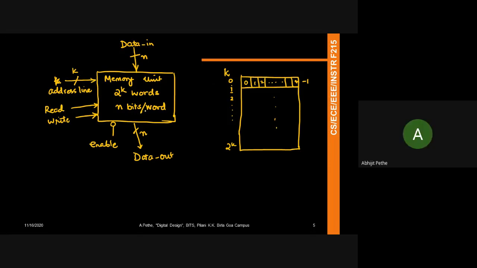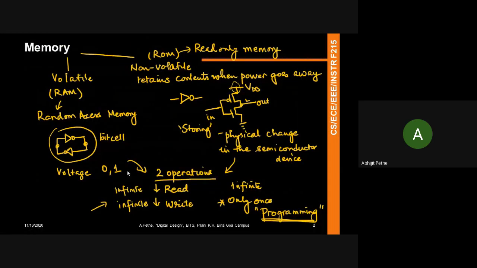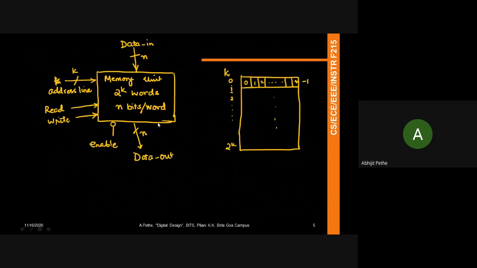Right. So remember, what are the two things I want to do in the memory? If I look at the random access memory, I want it to be enabled. I need to know how to read from it or how to write into it, right? So if I want to design this top level unit of the memory, I need to have two signals which tell the memory unit whether I'm reading from it or I'm writing into it, right? Because